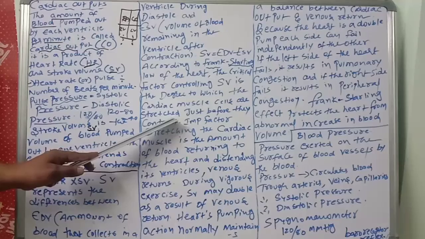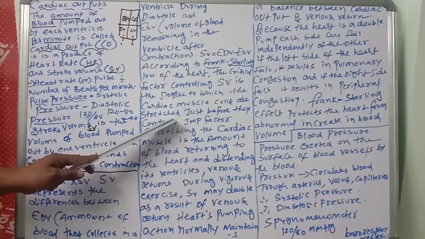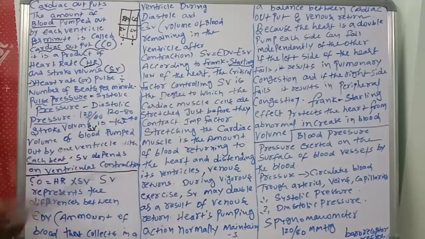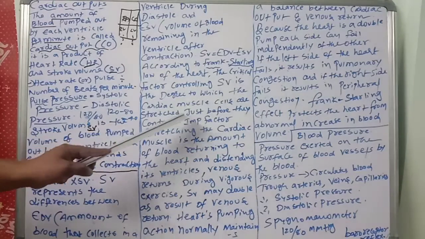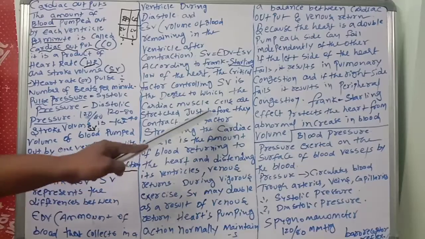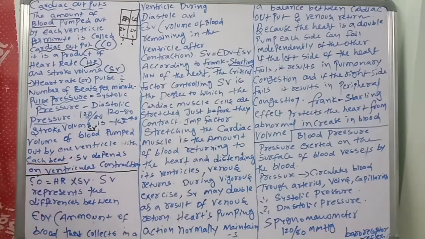Just before the contract. This is important. So, the critical factor controlling SV, stroke volume, is the degree to which the cardiac muscle cells are stretched just before they contract. The important stretching factor, very important, the most important factor stretching cardiac muscle is the